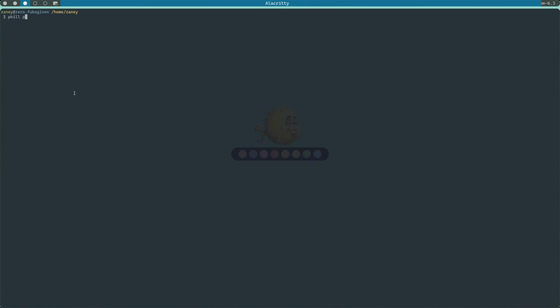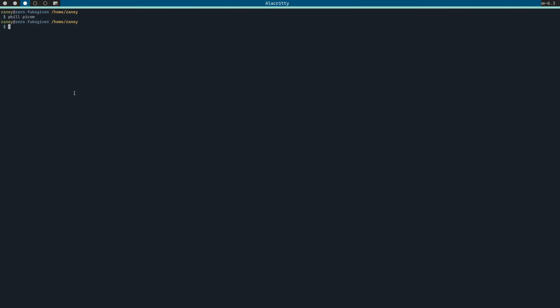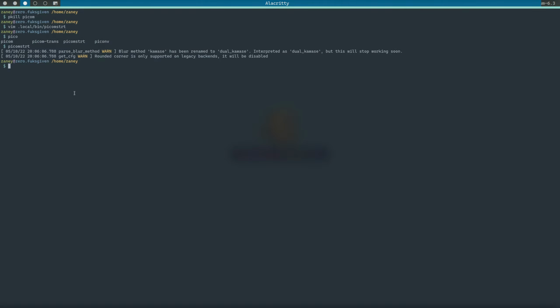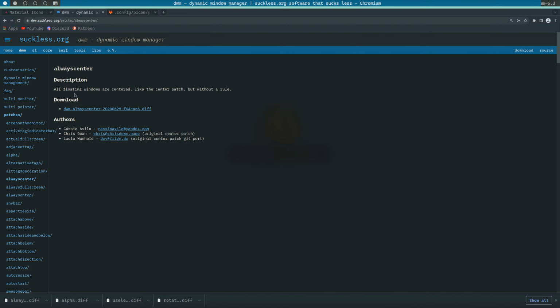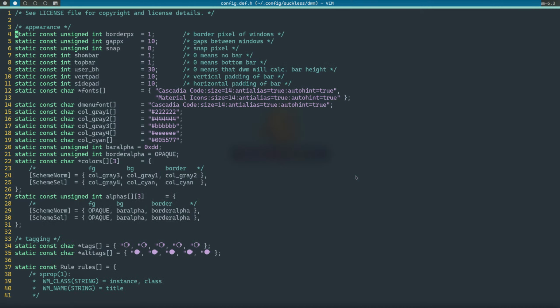Just for you though, I'll do it. Just for Scotty Poo. Local bin, picom start, and we'll add --experimental-backends. Save that. Do picom start. There we go. So I've got the blur now. The blur looks good. I could probably turn the strength of it down. It's a little strong, but